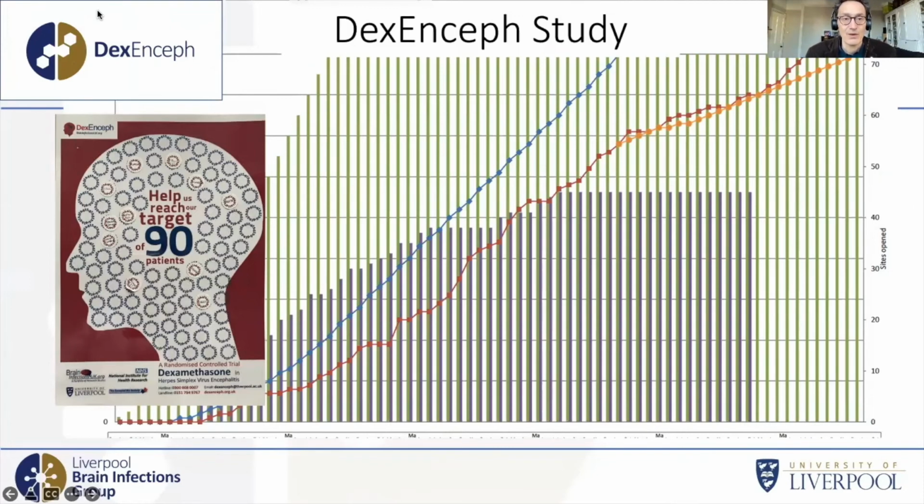Moving on now to think about herpes simplex virus. So many of you will know about the DEX-ENCEPH study, which is a trial of dexamethasone in herpes simplex virus encephalitis. The target was 90. As you can see from the red line there, we've actually gone above the target now. We're at about 93 patients, and the study ends at the end of February. And we will be looking at the final outcomes in 6 months' time. So we should be reporting, we hope to report the outcome of the study in the December meeting of the